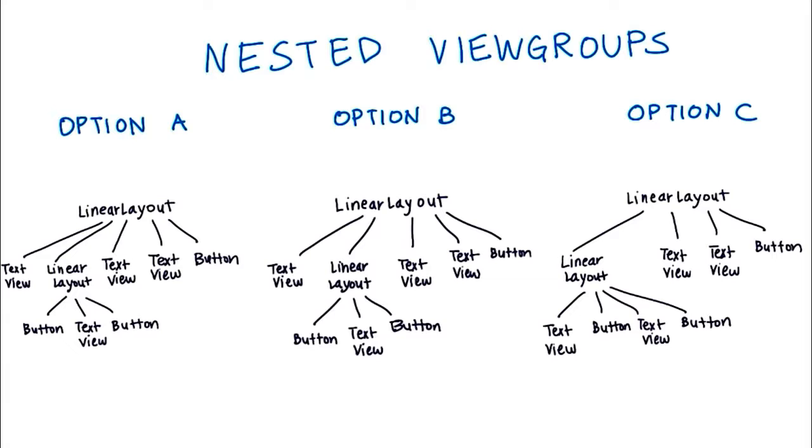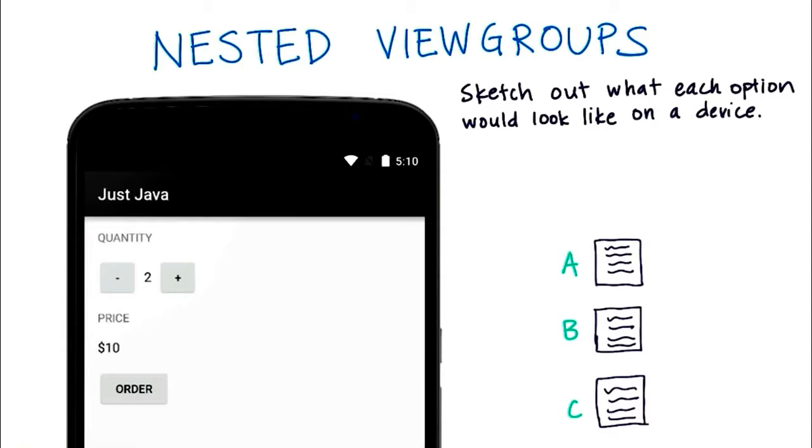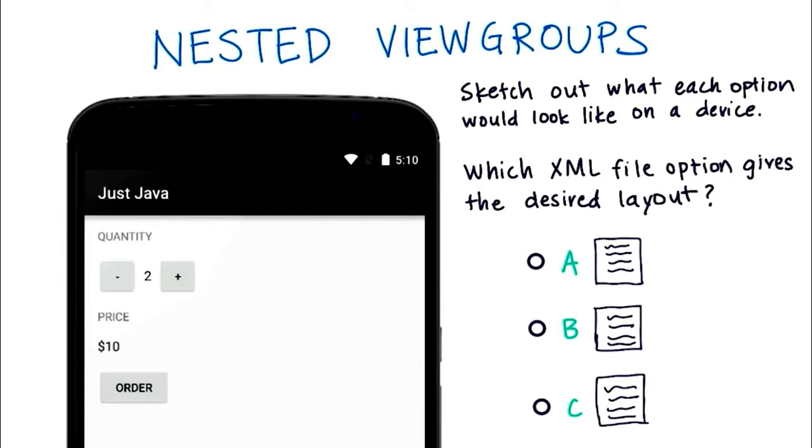In the next quiz, you'll look more closely at the XML for each option. Then I'll ask you to decide which option you think best accurately describes the layout that we want to build. With the pen and paper still in your hand, go ahead and sketch out what each option would look like on a device. You can refer to the view hierarchy diagrams that we created in the last quiz if that helps. Also, as you're reading through each XML file, make sure that you read each attribute carefully so you don't miss anything. When you're done with those 3 sketches, I want you to decide on which option gives you